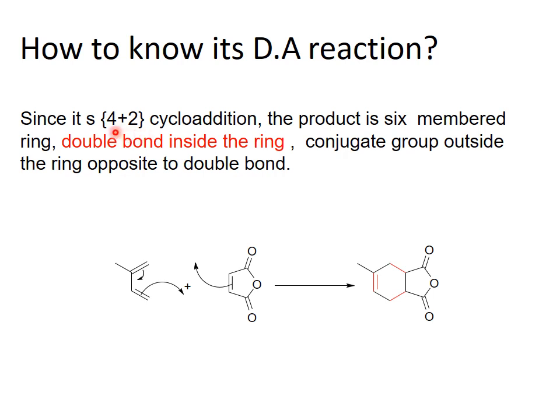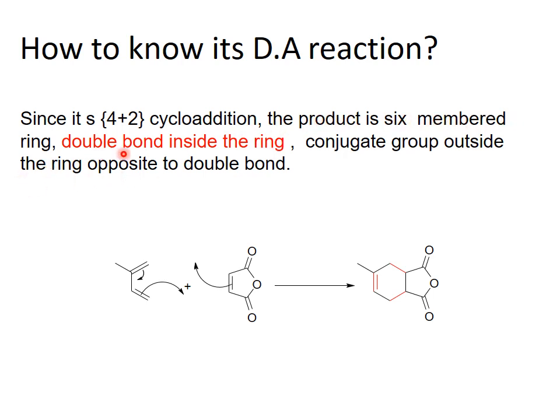See this one. This is the diene. This diene has one substituent, the methyl substituent, which is an electron donating group. So this electron donating group enhances the nucleophilicity of the diene. See the mechanism. This bond is moving inward and this bond is coming out, and this carbon will form a bond with this carbon and this bond will move over here. As a result, this carbon will be bonded with this carbon. See this one, the red colored bond. These two new sigma bonds are formed and here is the new pi bond. See this one, this is a 6-membered system.